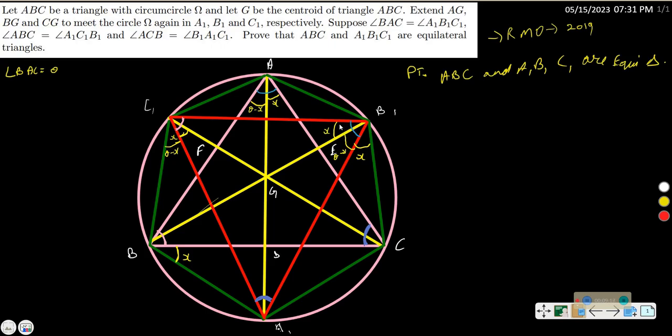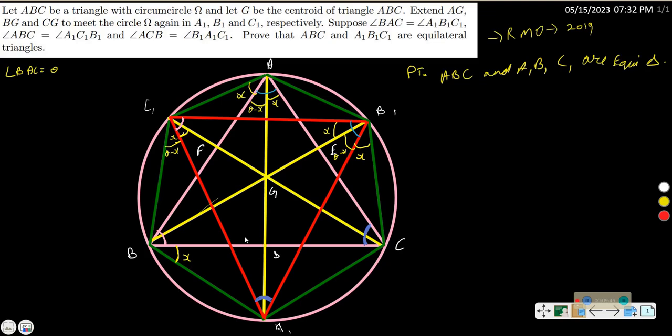If this angle is x, so if we take C1B as the base, this angle is x, so angle C1BA should also be x. This angle would also be x with that only, because this angle is x, taking C1B as the base, this angle would also be x. Alright, now what we can do ahead is that